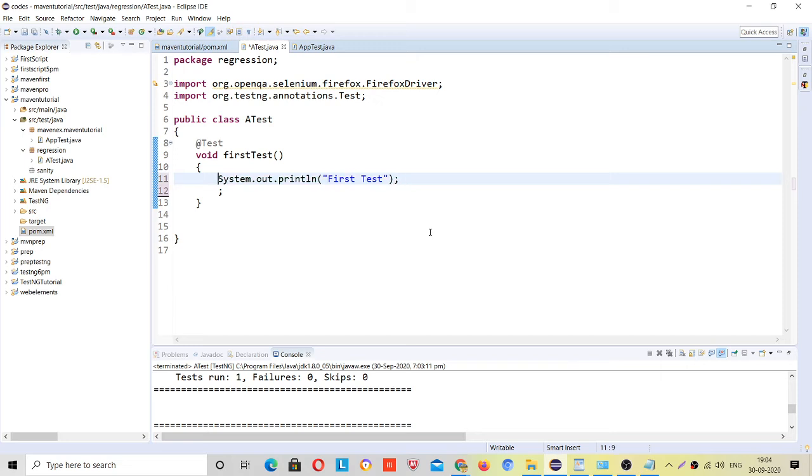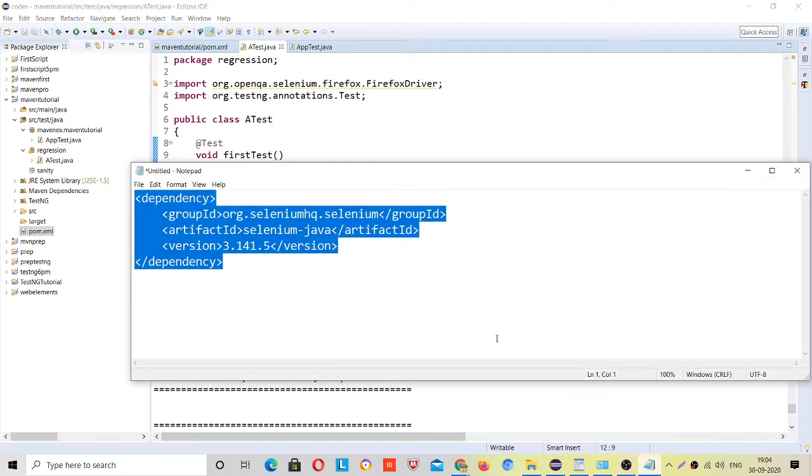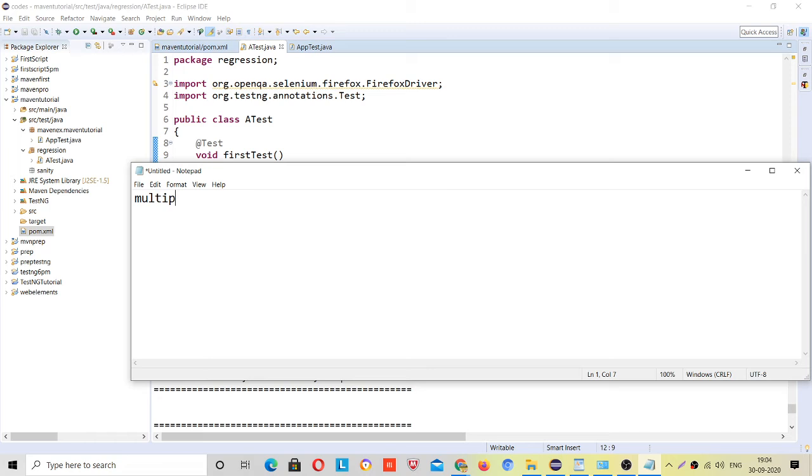Now let me uncomment this code. We will again match TestNG with Maven today. Now see one thing, suppose you are working with multiple things, and you have added more than 100 dependencies, and those 100 dependencies downloaded 5,000 jars for you.